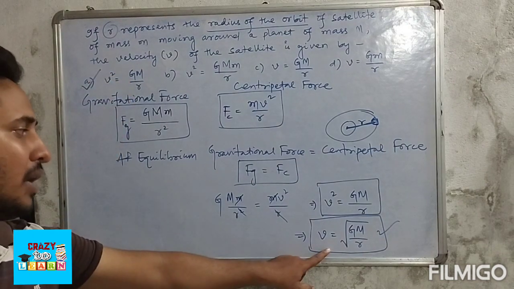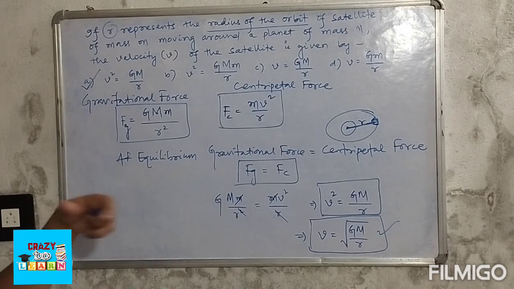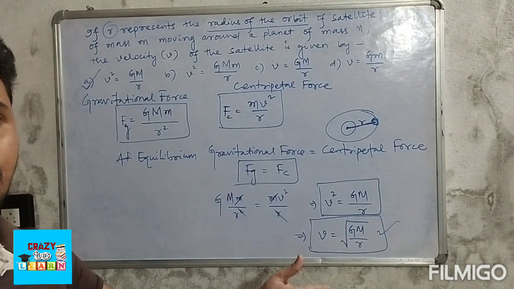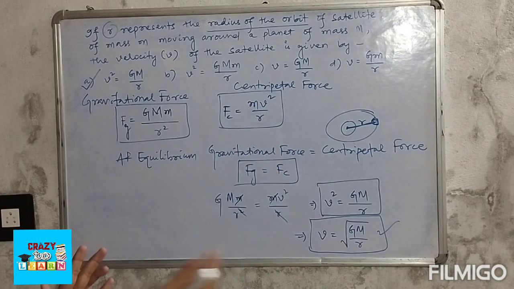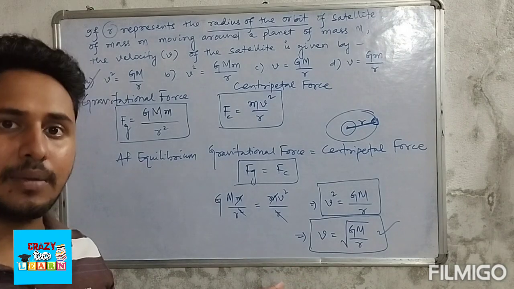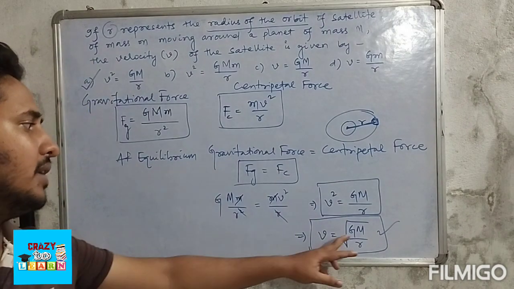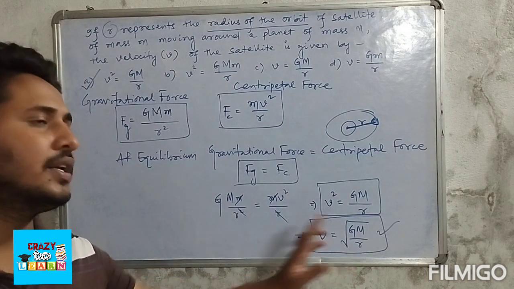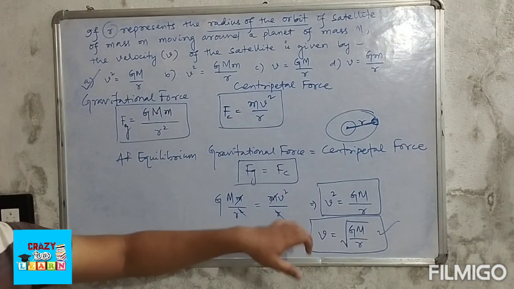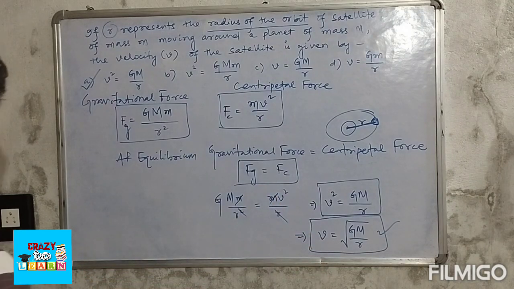And you can use this formula to calculate any numerical problem when it is asked to you to calculate the velocity of the satellite. Let us think that the mass of the planet is given to you, and the radius of the orbit is given to you, and it is asked to you to calculate the velocity of the satellite. You can easily calculate, put the value of G, because capital G is the universal gravitational constant, you know. Then capital M, the mass of the planet, is given to you, the radius of the orbit is given to you, then you can easily calculate the velocity of the satellite by using this formula. So just remember this answer as a formula also. Okay, are you all clear?